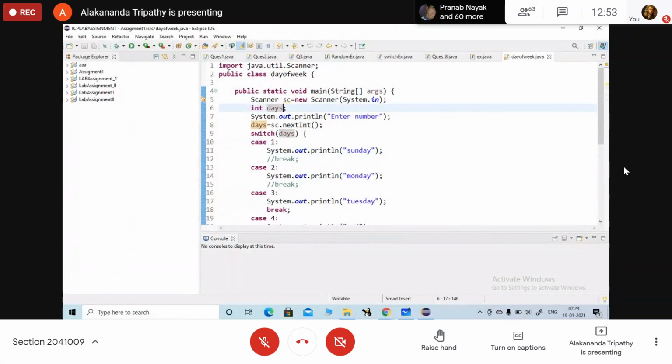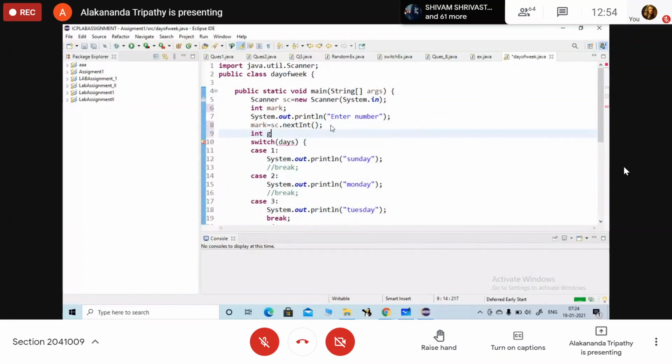So here, let me input mark. Grade, mark divided by 10.